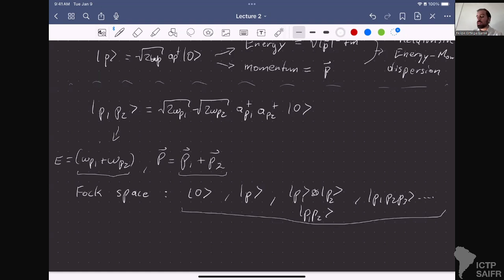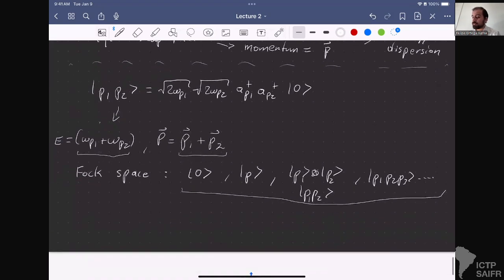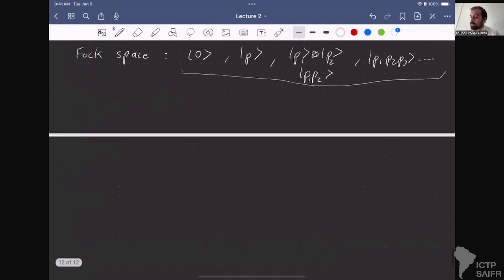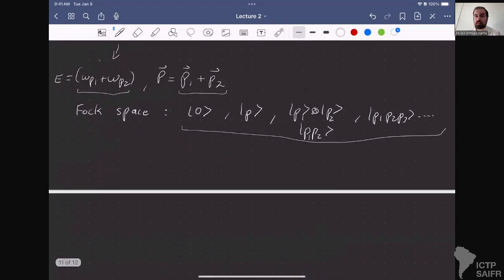So you have some kind of conservation of particle number. Yeah. And something